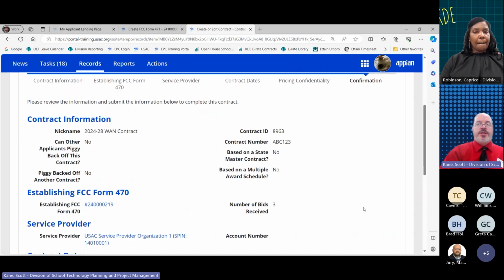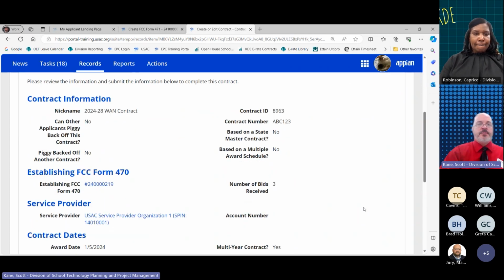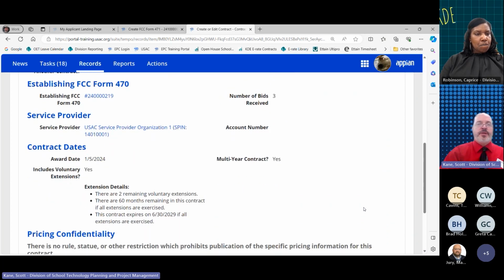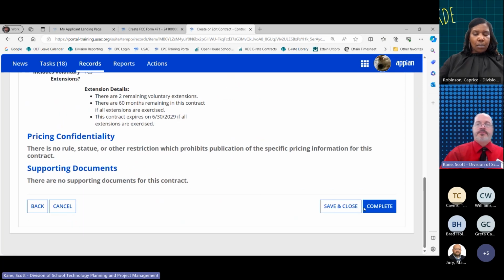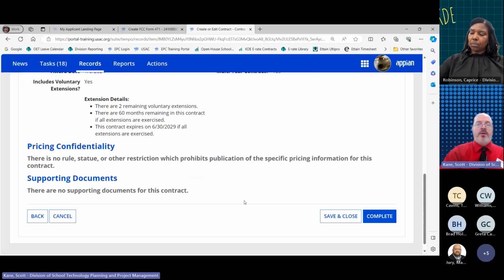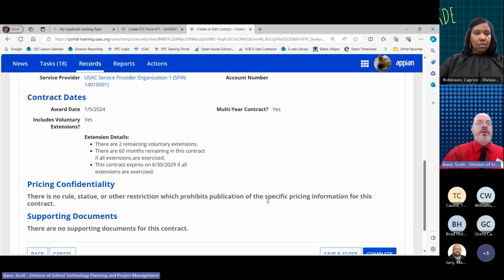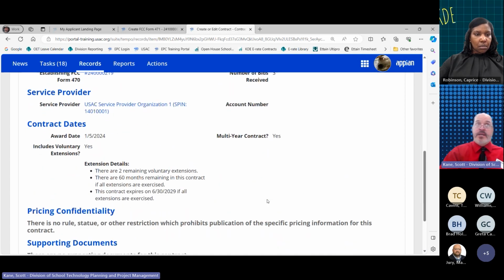So now it's going to give you a chance to review all of your responses. Do take the time to make sure that this does match up with the information regarding your contract. And then you are ready to hit complete. Be aware that once you hit complete, it's done, it's locked, and you will not be able to edit it.